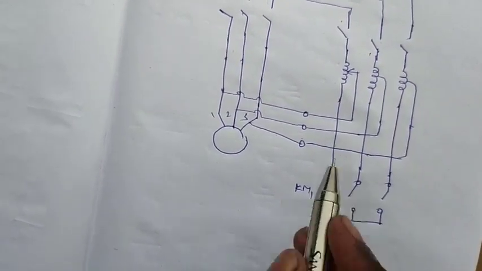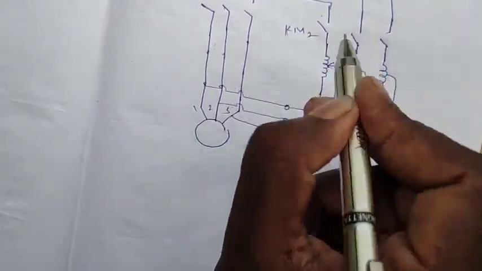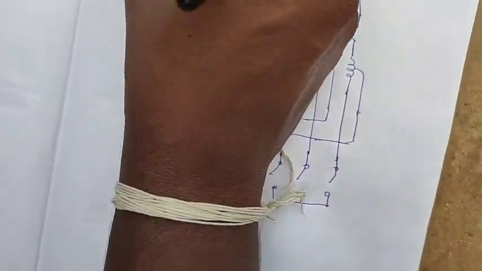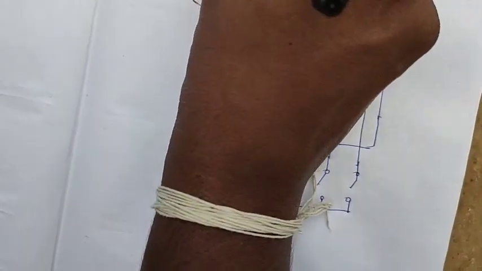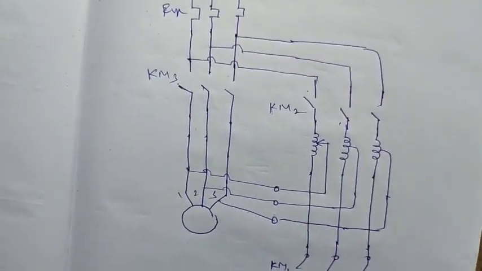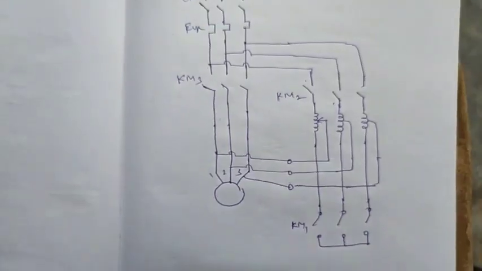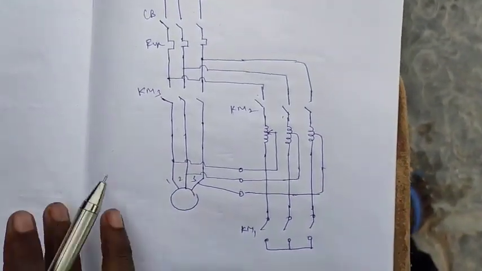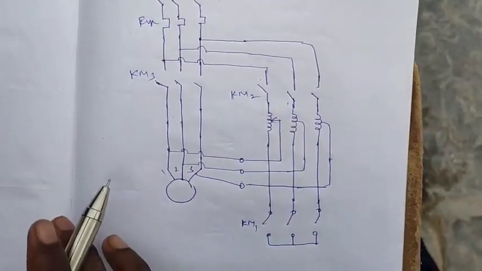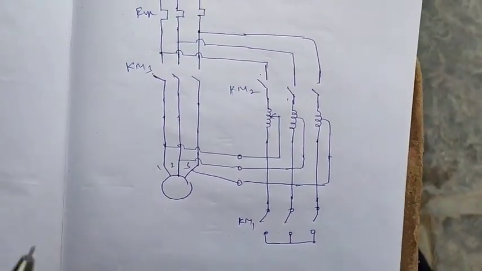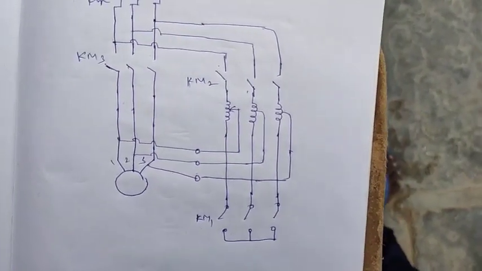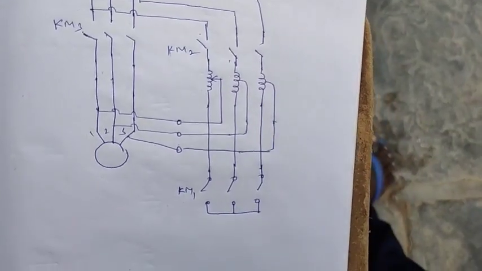These are the TPS switches, indicated as 1, 2, 3. This is the circuit breaker, this is the fuse, and this is the 3-phase AC supply. The auto transformer starter can be used for a squirrel cage induction motor. We have to control the voltage, that is, reduced voltage as compared to the others, so we can go for the auto transformer starter.